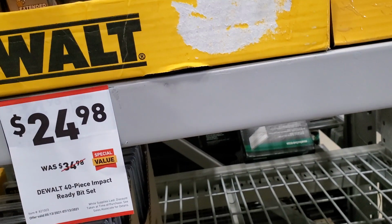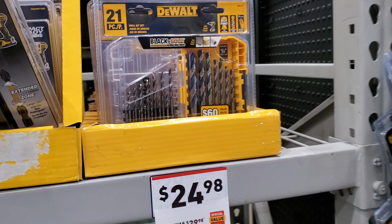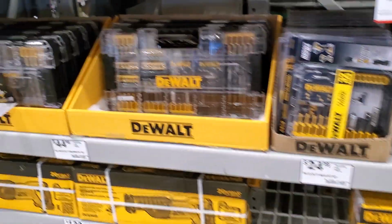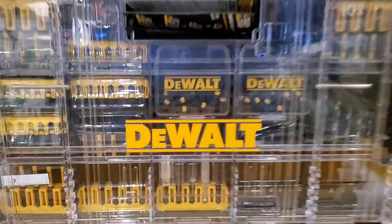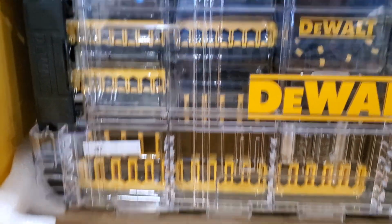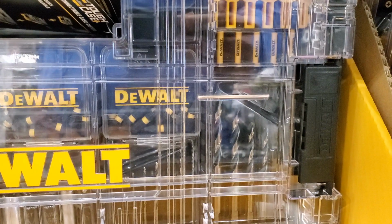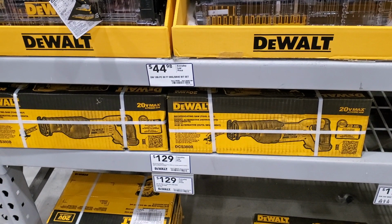$24.98 for the 40 piece. It says impact ready bit set. And here's another one in black and gold, $24.98. It is a 21 piece. So you guys see there. And this is something new that I've never seen before. $44.98 for, it looks like it's a T-Stak compatible. You got some 2-inch bits there, some 3-inch bits, and some two little cases filled with bits, and some drill bits there. $44.98. And then you got the recip saw,